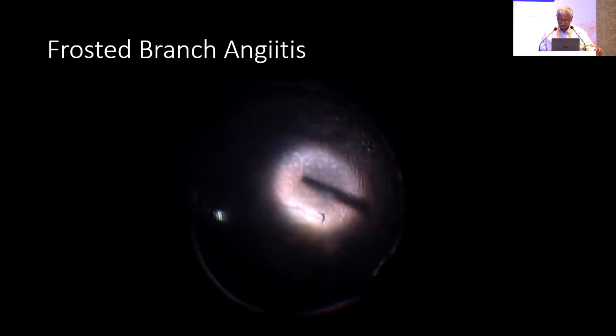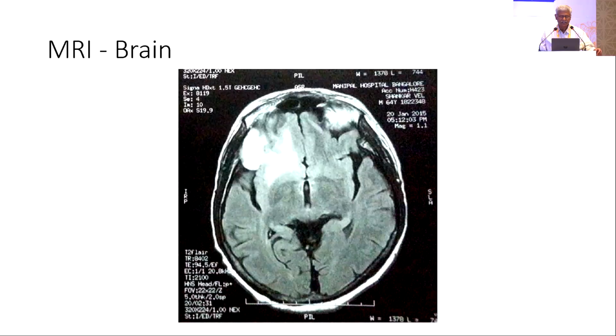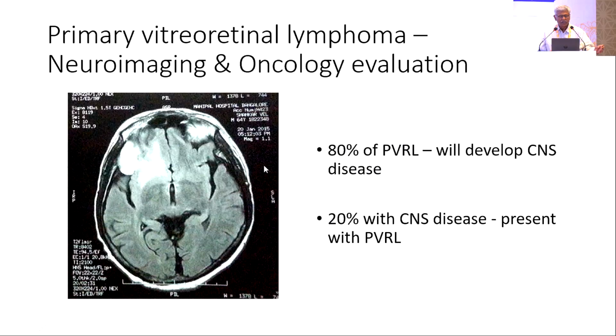And a cytology specimen was also taken during this time. And when we did neuroimaging, we found that the patient had infiltrates in the brain as well. So what are we looking at? We are looking at intraocular lymphoma. So this particular patient had a CNS lymphoma with involvement of both the eyes, which can mimic retinal infiltrations,